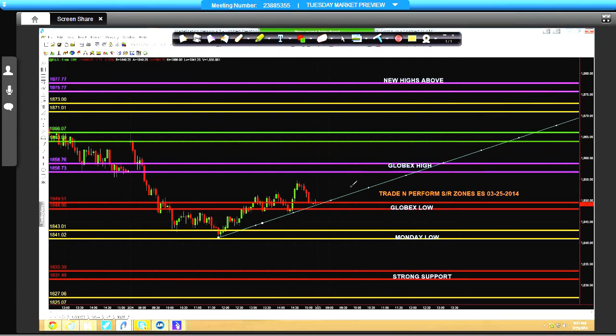Okay, so I'm starting to see some gap and then failure to the downside. We're getting a lot more gaps and failures to the downside. It's a new wrinkle in the market. It doesn't mean that we can't continue to have these open drives higher. It just means that that push out of the gate is not a guaranteed push out of the gate anymore,